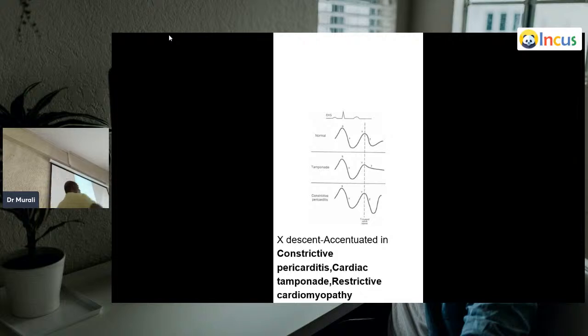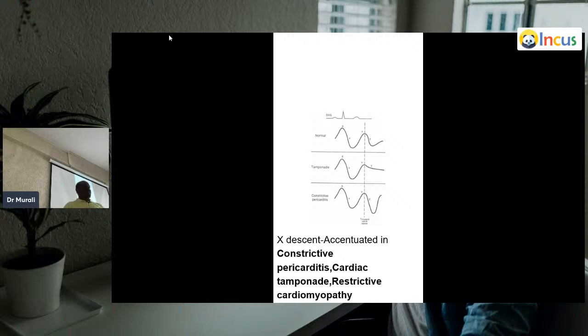Now, you know A wave. A wave is in diastole or systole? Diastole. Early part or late part of diastole? Late part of the diastole. It is because of atrial contraction. Then comes the X descent. X descent is ventricular diastole or systole? Ventricular systole. And X descent is because of